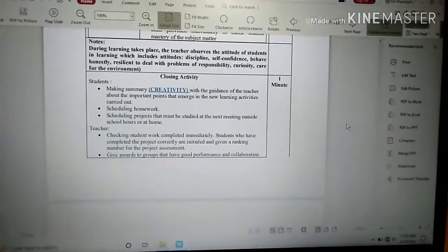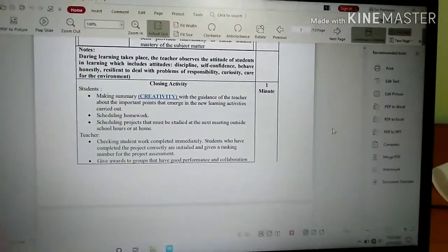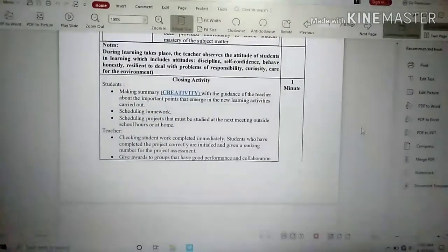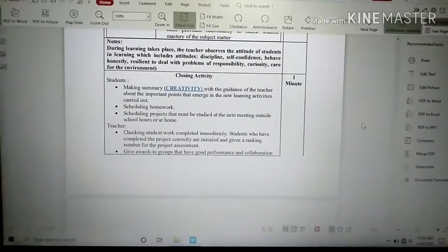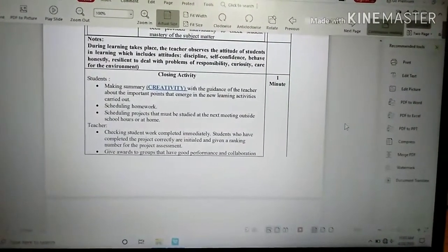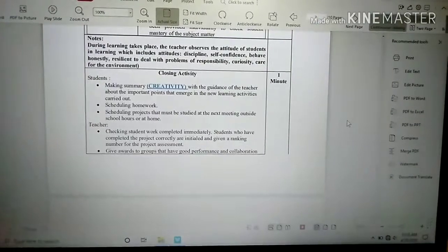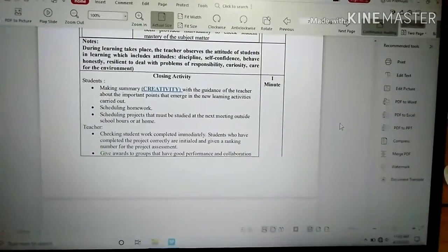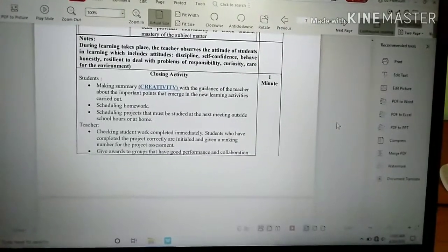During learning, the teacher observes the attitude of students in learning, which includes discipline, self-confidence, behaving honestly, resilience in dealing with problems, responsibility, curiosity, and care for the environment.